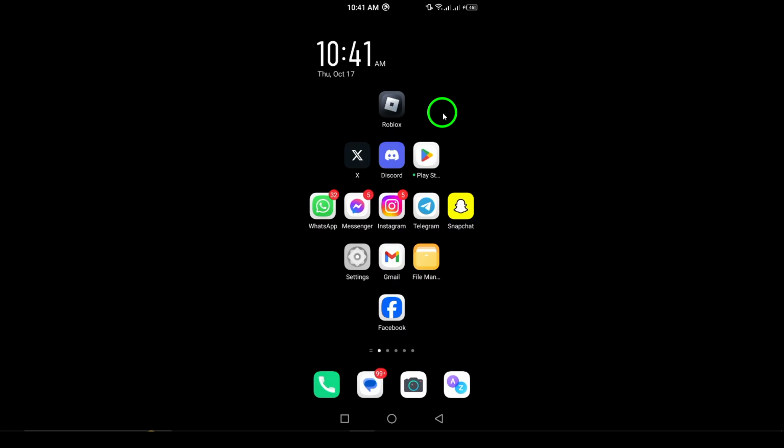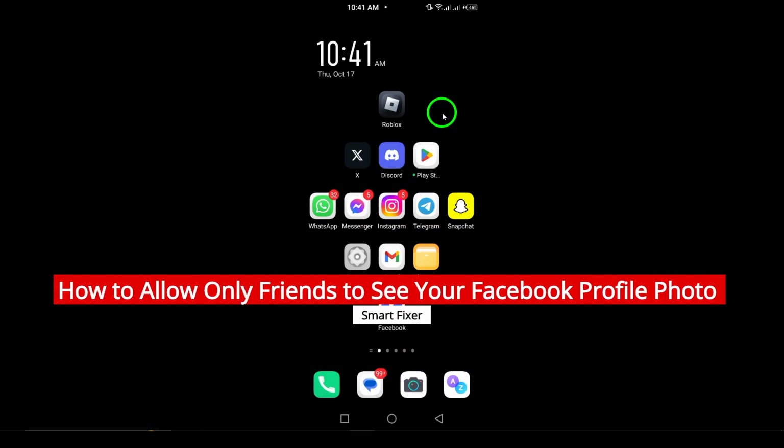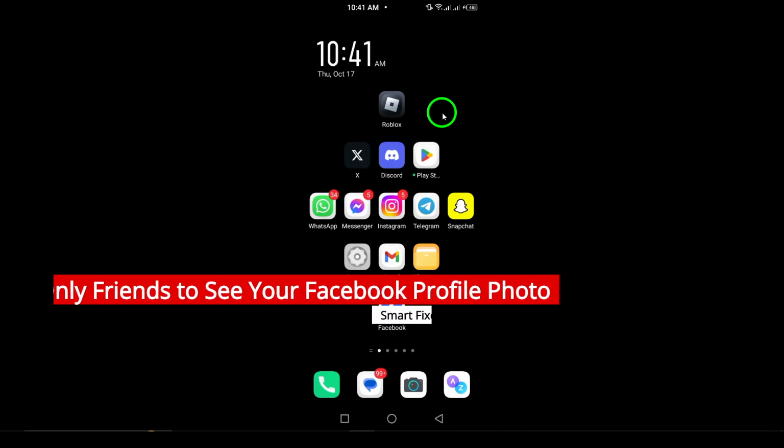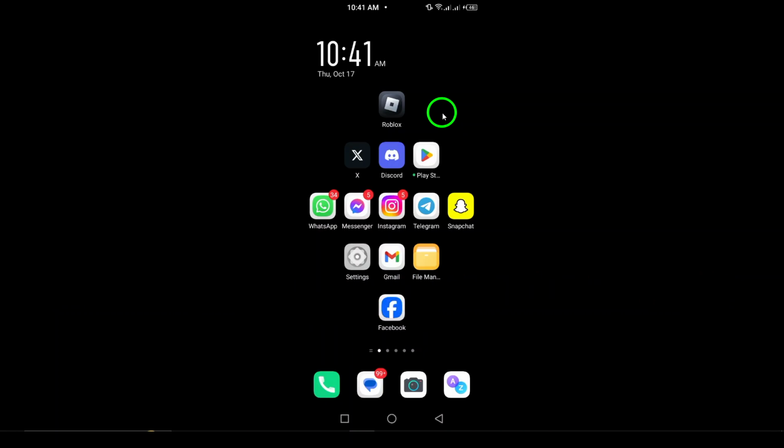Welcome! Do you ever wonder who can see your Facebook profile photo? If you're looking to tighten your privacy settings and ensure that only your friends can see your profile picture, you've come to the right place. In this updated guide, we'll walk you through the simple steps to change your privacy settings on the Facebook app